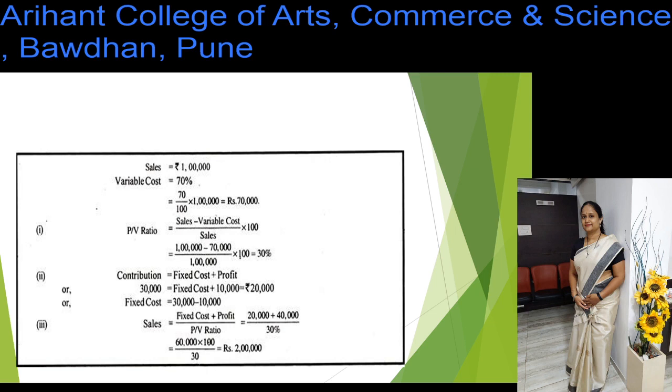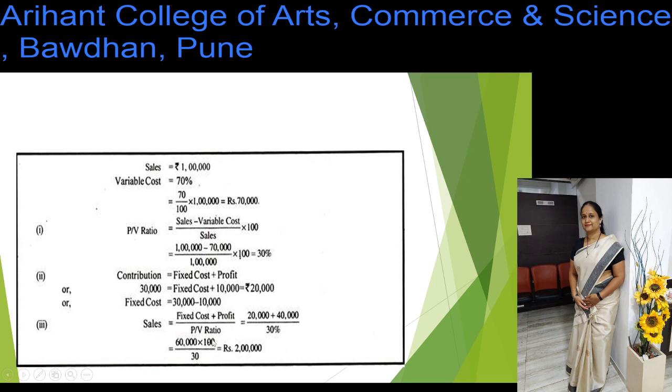So when you want to earn profit of rupees 40,000, you need to apply this formula to find out sales. Okay. So sales is equal to fixed cost plus profit divided by PV ratio. Keep in mind that PV ratio remains same whether your sales amount is increased, but the ratio of sales to profit will be same. Okay. So this PV ratio will be constant always. So you need to keep it 30. Fixed cost is also constant,